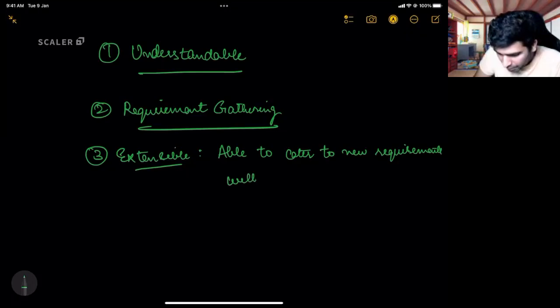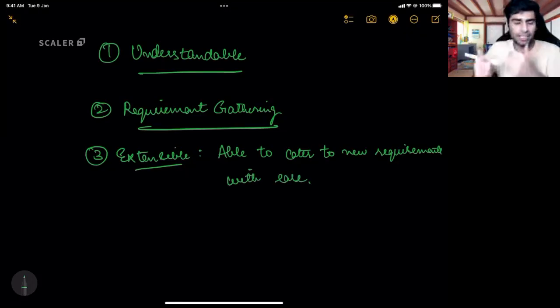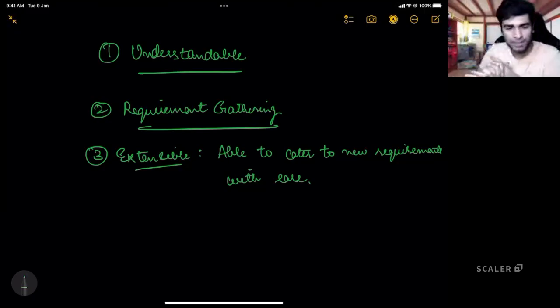Okay, let me give you an example of this. Let us say I am a software engineer at Scalar. Anshu and Abhimanyu came to me and they told me that okay, we want to implement Scalar platform. Okay, I coded Scalar platform within 2 days in a very hacky way, and the platform is working. Everyone is happy, everyone is praising me. After 2 days, they come to me and they say that oh, we actually have to now add this new feature as well. Now we want to add bookmarks in the classes. And to add that bookmark, I have written code in such a beautiful way that it is taking me 2 months to do that. Will they be happy with that?